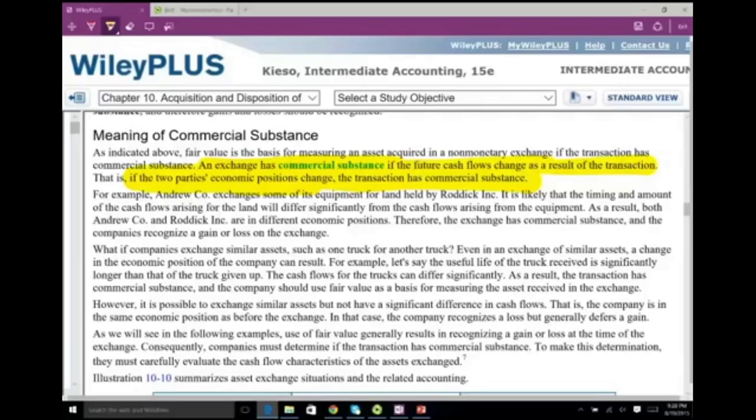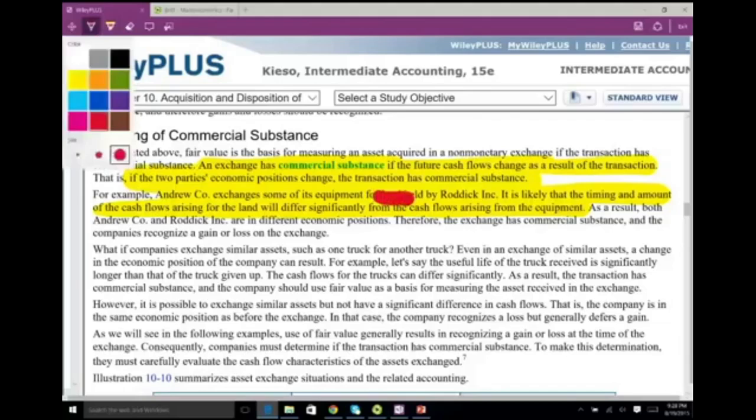Okay, so the assumption here is that it has economic substance. Let's take a look at an example to explain this further. Let's assume Andrew Company exchanged some of its equipment for land held by Rodic Inc. It's likely that the timing and the amount of the cash flow arising from the land will differ significantly from that of the equipment. So here what's happening is we are exchanging land